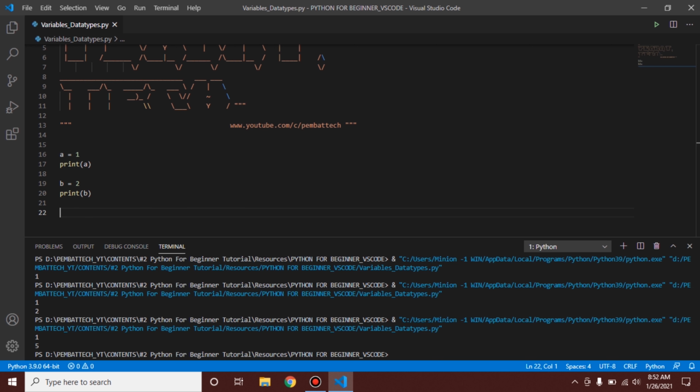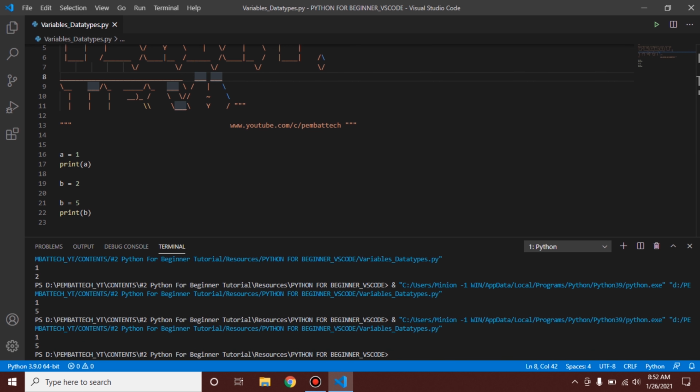You can also reassign an existing variable, for example the b variable, which refers to the value 2, to another value. We have here b is equal to 2, which means the b variable refers to the value 2. Now we are gonna reassign the value. b is equal to 5. Let's copy this print function and paste it here. As you can see, it prints out